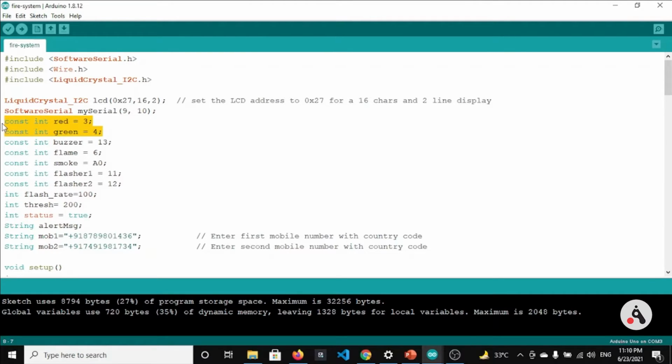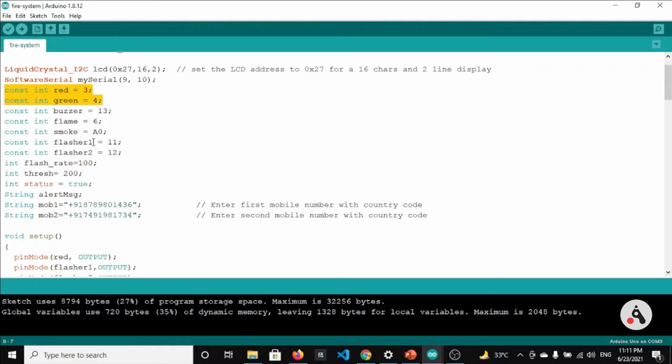These two are the status LEDs. Buzzer is on pin 13, flame sensor is on pin 6, and there are smoke, flasher 1, and flasher 2. We can ignore these two things because we haven't used flashers in this project. These are the flasher LEDs. Basically, when the fire is detected, they turn on and off in a very short period of time. And we also have the flash rate, which we can also ignore.